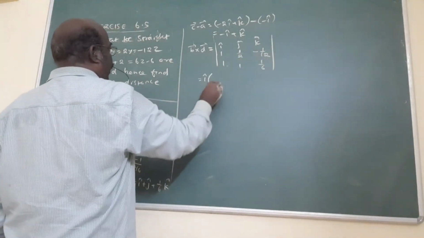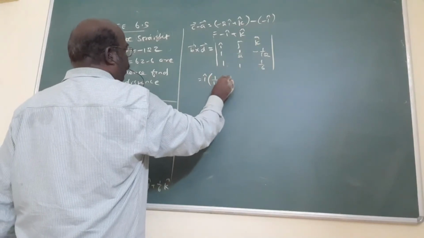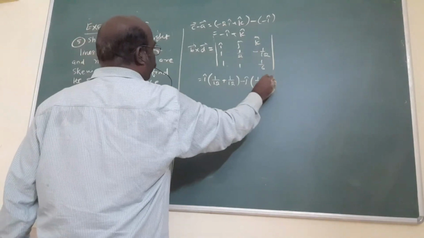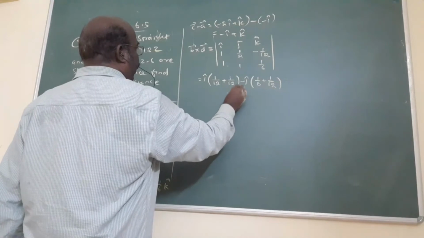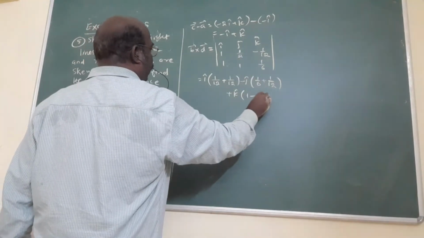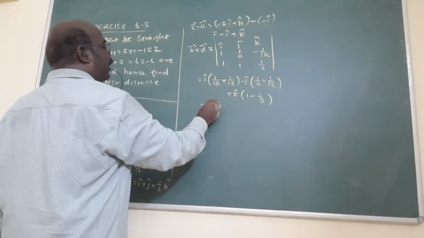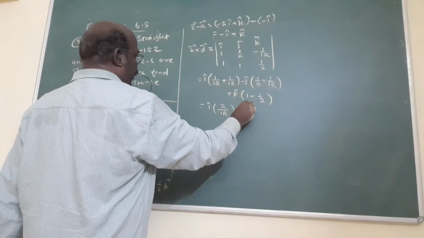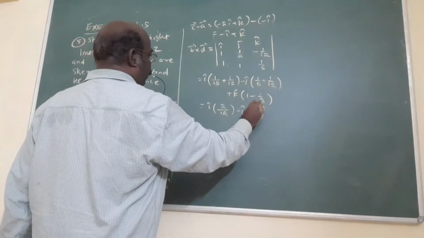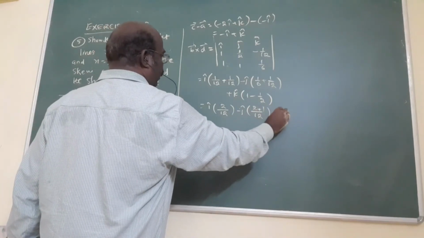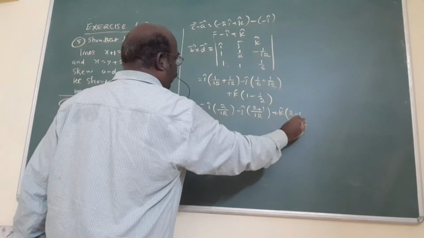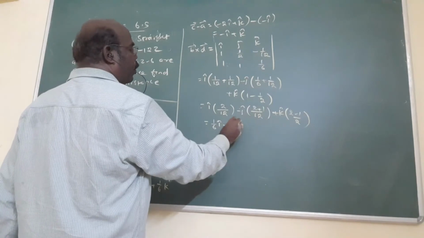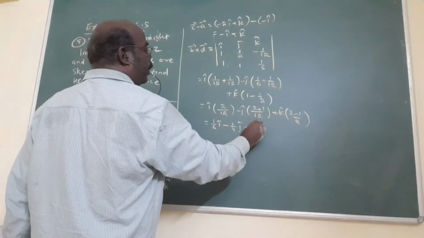Now multiply i cap into 1 by 12 minus of minus 1 by 12, minus j cap into 1 by 6 plus 1 by 12, k cap 1 minus now. Am I right? Now adding both, i cap into, 12 is the LCM, 1 plus 1, 2. The 2 is the LCM, 2 minus 1. Now simplify: 1 by 6 with i cap, 3 by 12, that's all, 1 by 4 with j cap, 1 by 2 k cap.